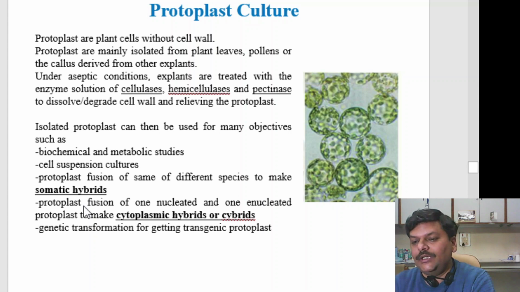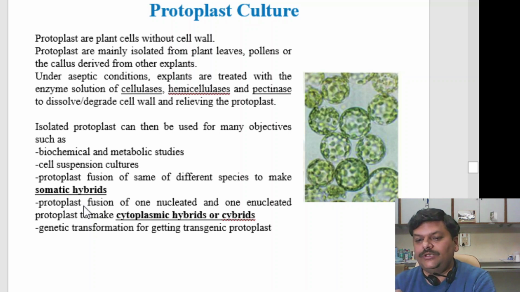is somatic hybrids through plant protoplast cultures. Say, for example, take protoplast from one species of a plant and take protoplast from another species of plant, mix it somewhere in a suitable growth condition and liquid media. There are chances that it will mix up and make one single protoplast, and then it can be developed into the whole plant, and those plants will be called somatic hybrids, because the protoplast is coming from two different